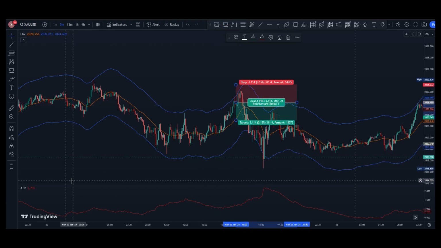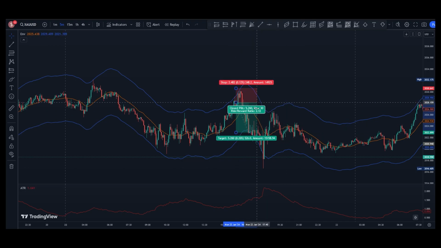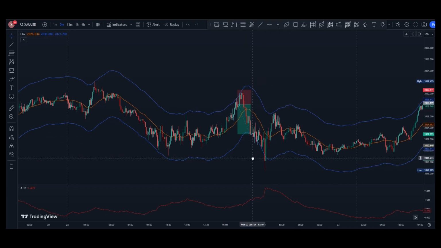Well, I usually use ATR as my stop loss or trailing stop loss. I mostly use a two times multiplier of ATR for my stop loss. So if you see, here it is around 1.2, so it goes with 2.4 for my stop loss, and a 1 to 2 risk to reward ratio is good for me. Well, that is the one. As you see here,